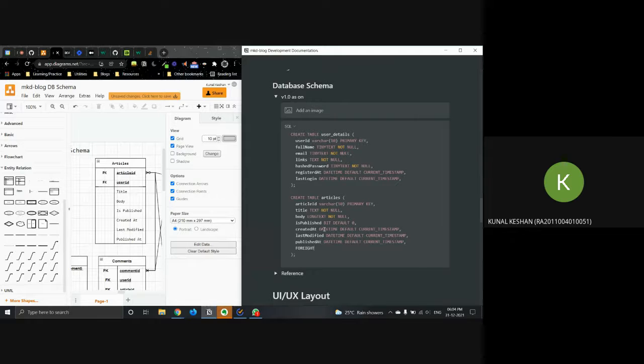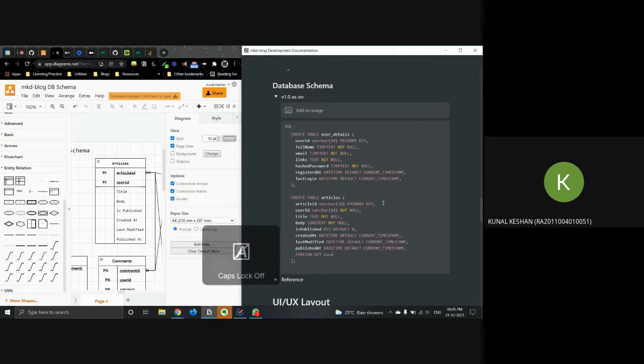is foreign. Right, we had to mention this one as well. User ID, what content, okay, and then foreign key. Guys, let me know if this is the right syntax. Okay, foreign key over here, user ID, references.